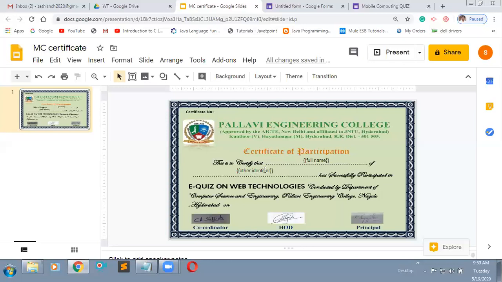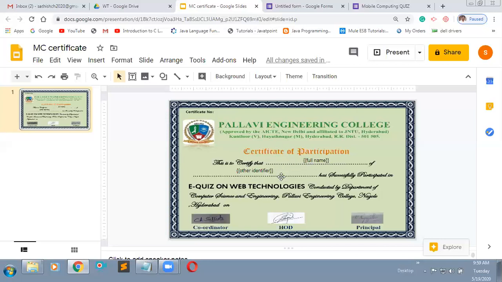And one more doubt, sir. Is the full name a fixed one, or can I put anything in that name field? No, it is a fixed one. I will show some identifiers like full name and other identifiers. These are the merge tags. Some merge tags we have. I will show those things. Okay, fine, sir. Thank you.